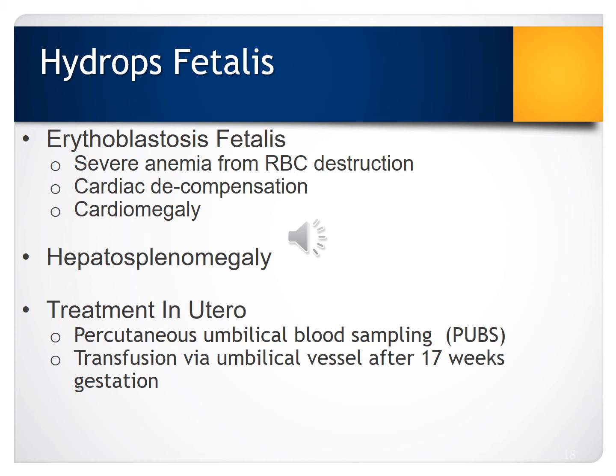And so treatment has to happen in utero, okay? And this is through a complex procedure called PUBS, percutaneous umbilical blood sampling, and transfusions that occur. And this can lead to fetal death. And so it's extremely important that we screen women at the prenatal visit for not only their blood type but their Rh factor. And if a woman is Rh negative,